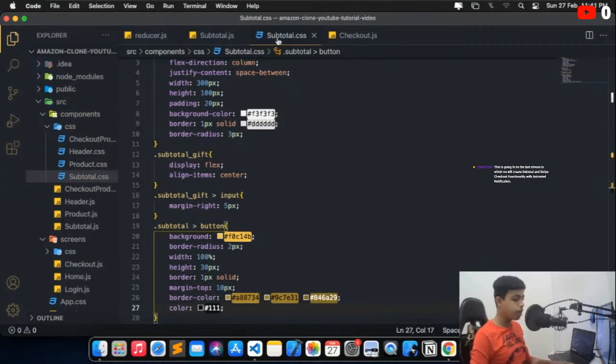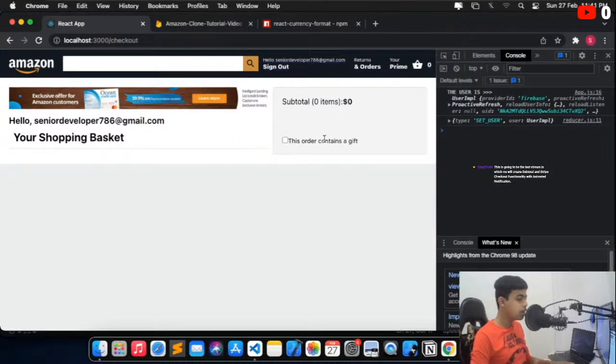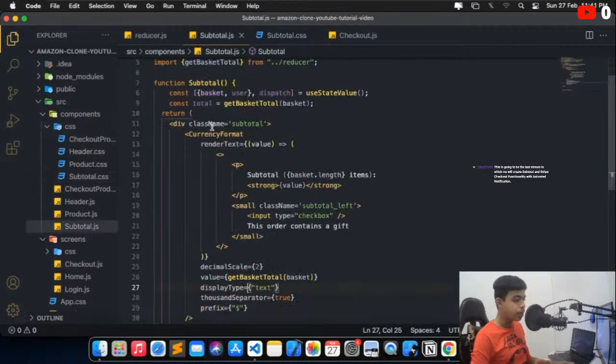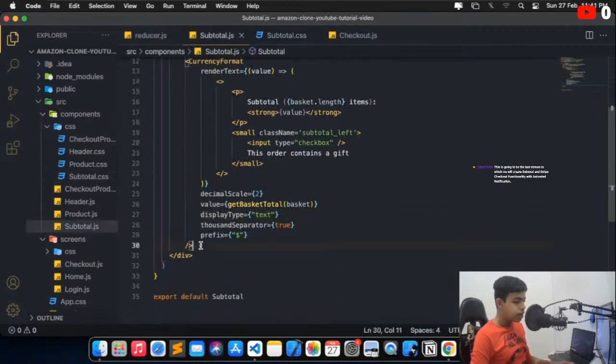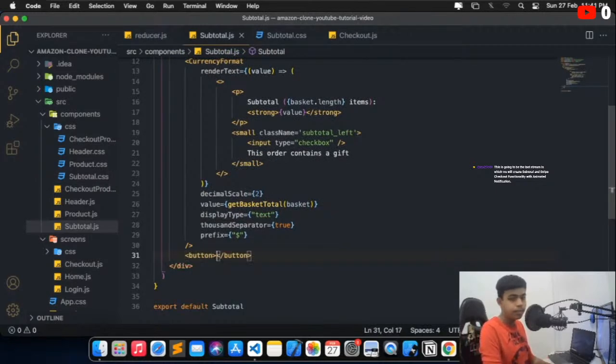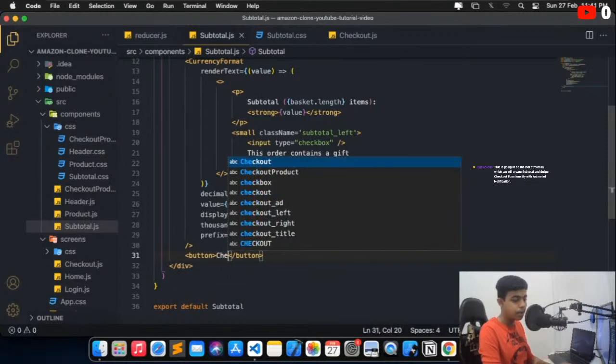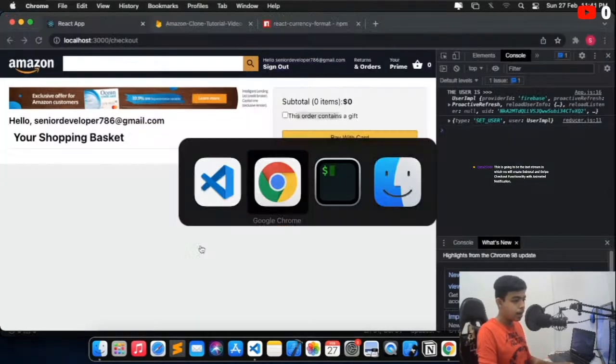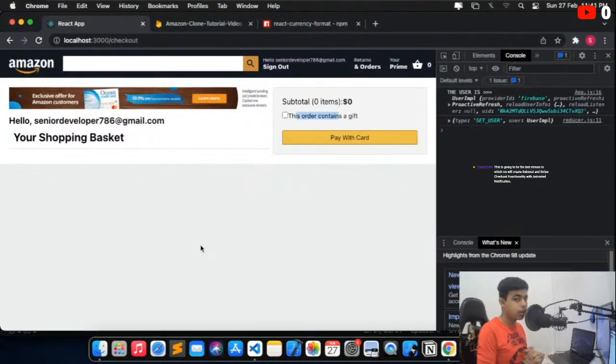And if I just come to my React app over here, we can see it is being displayed like this, the title, the text with the input, but now our button is not being displayed because we have not yet created our button. So after this, I will be creating a button. I would like to name it as checkout in simple words, or pay with card. Oh great. Let me just come to my React app, and boom guys, as you can see, it looks really